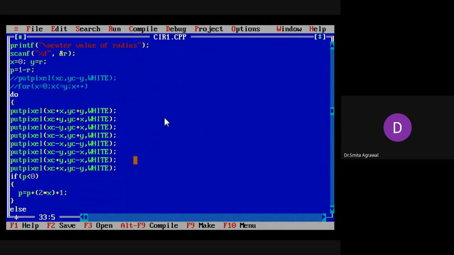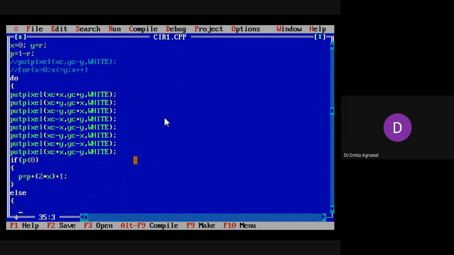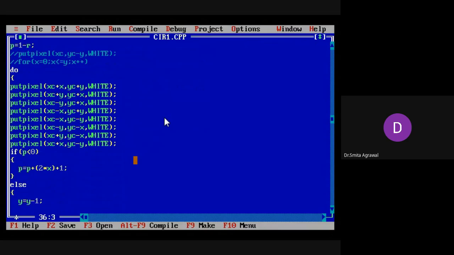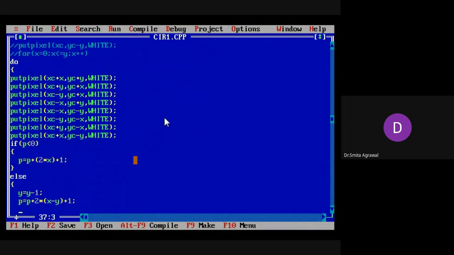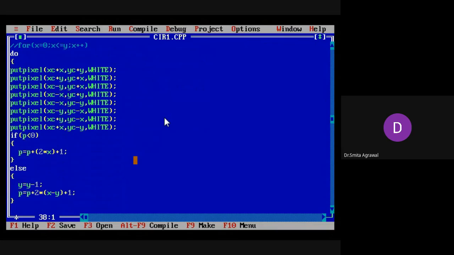Else, y will be y minus 1, so the value of y is decremented by 1 if p is greater than 0, and the updated value of the decision parameter will be p plus twice of (x minus y) plus 1 as per the algorithm.